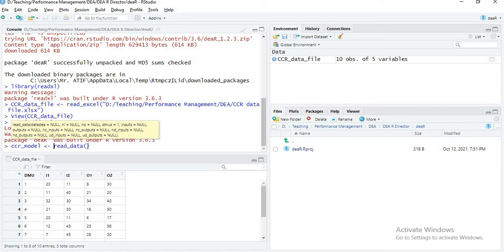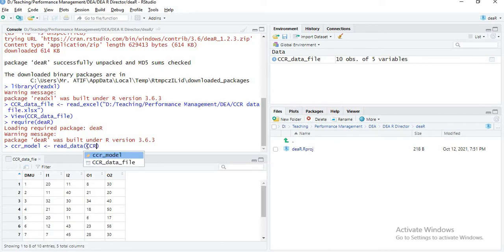Read data. Which data? I have the CCR data file, and I will have to tell R how many inputs and how many outputs there are. So the number of inputs, Ni, is 2, the number of outputs, No, is also 2, and I also need to tell it where